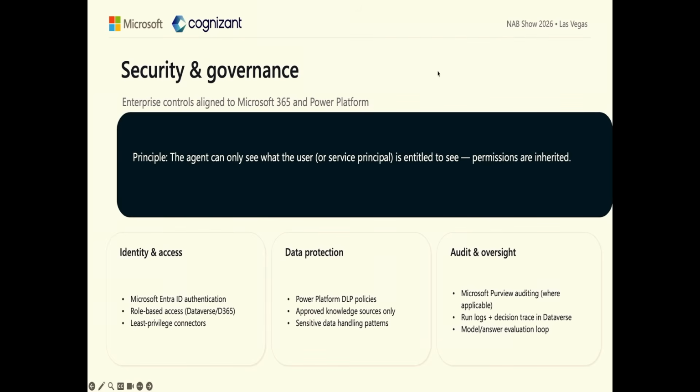Okay. Security and governance. Obviously a very important topic here. Just like with any agent, this system does not allow any user to access or view data that they didn't already have access to. Because this is built in the Microsoft platform, it's governed by Entra and Purview. Users are only able to see and access information that they are actually already privileged.